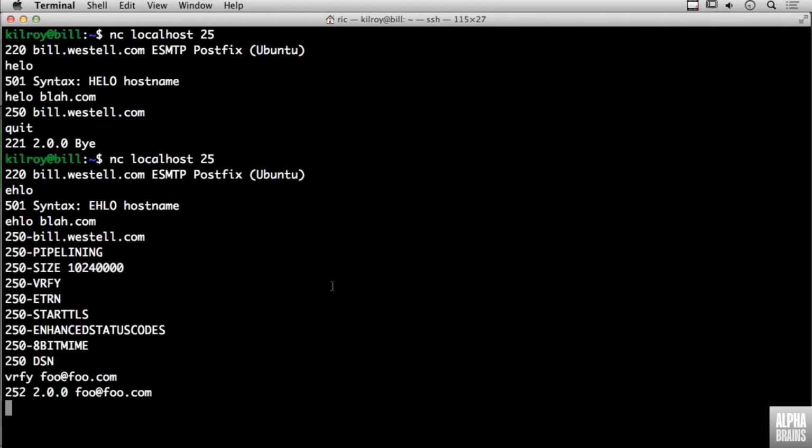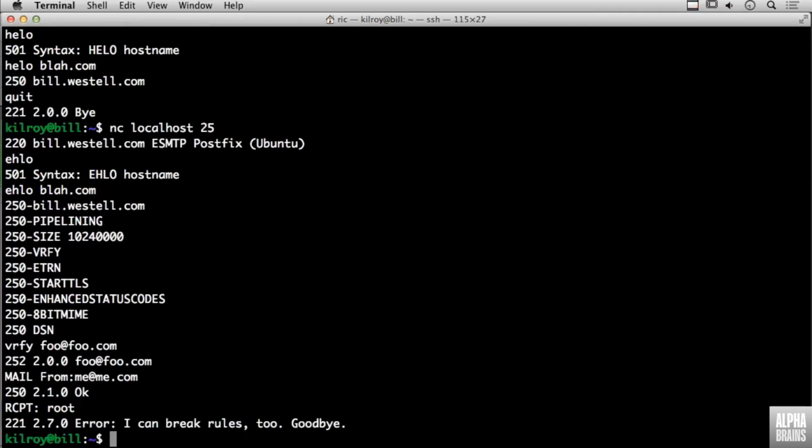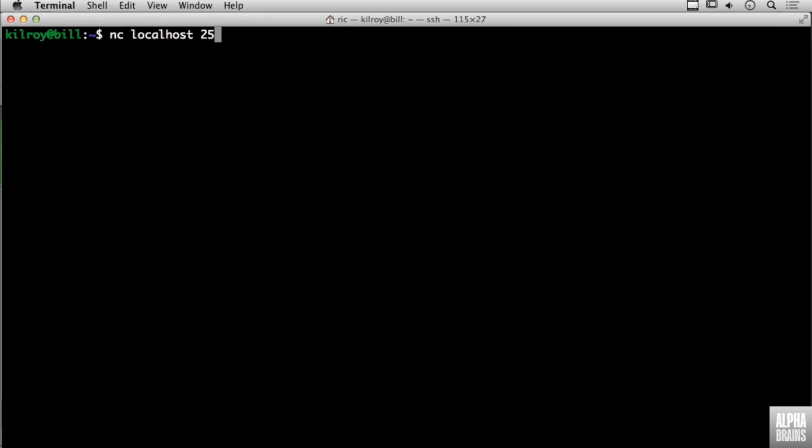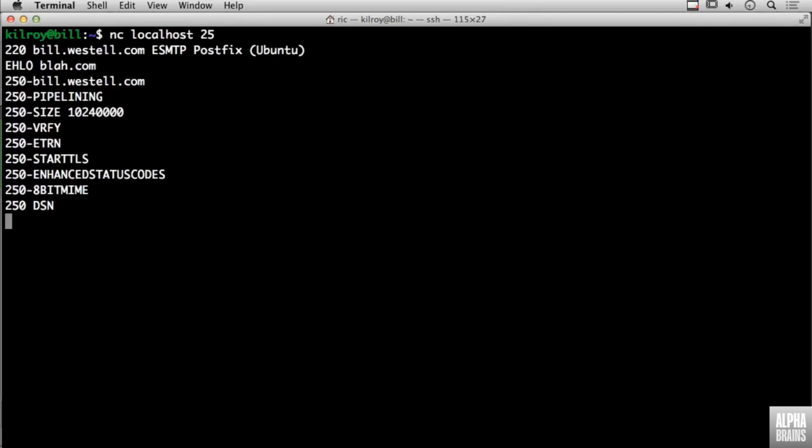So how would I actually send mail? I would send mail using the MAIL command, and I would say MAIL FROM me@me.com, and that's okay. Now I would specify a recipient, and I'm just going to say root. Now it doesn't actually like root, so let's try this again. So I'm going to do my EHLO blah.com, MAIL FROM me@me.com,